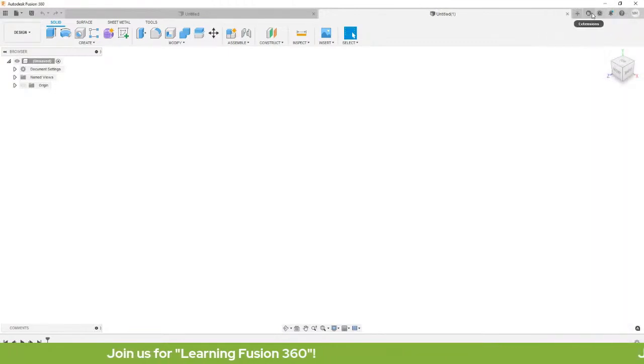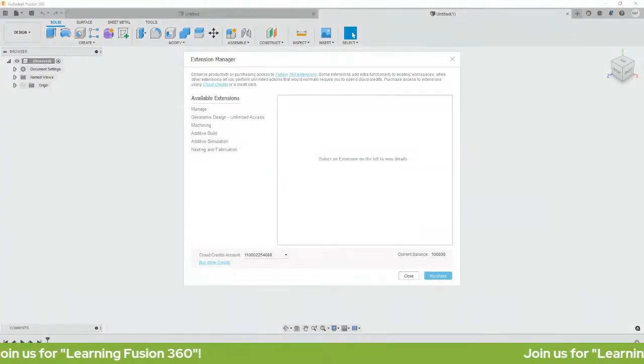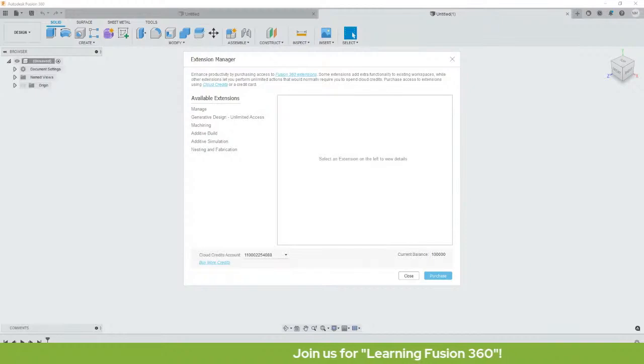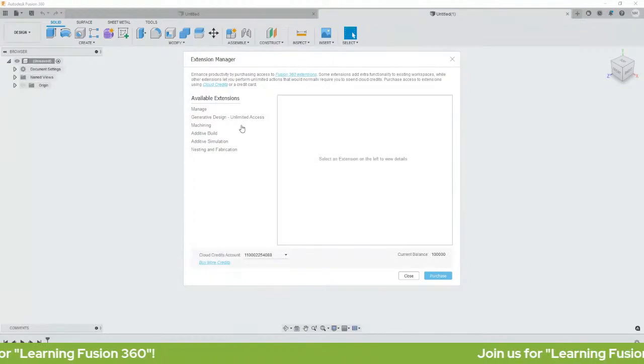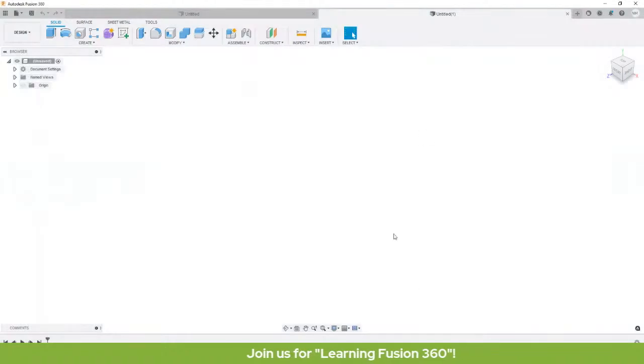Here we have our extensions. Extensions allow you to unlock advanced design and manufacturing technologies in Fusion 360.